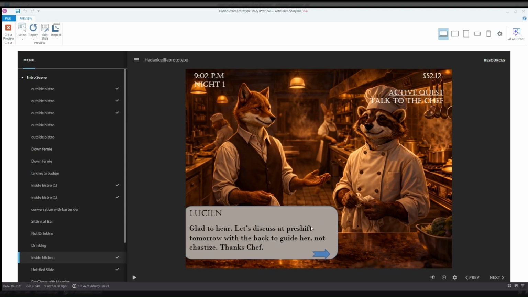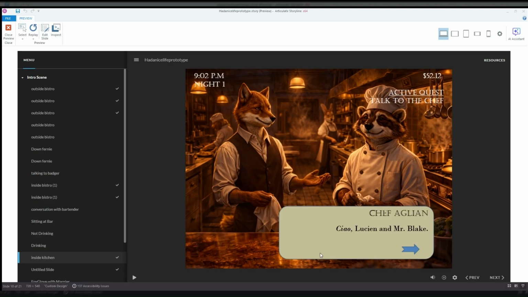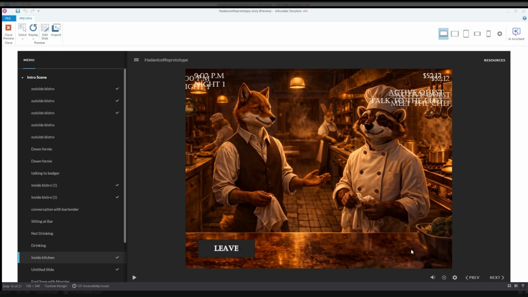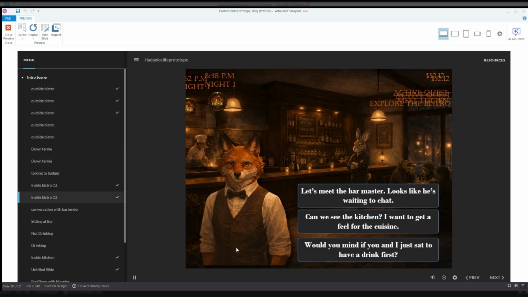As we observe the dialogue, it's another learning experience, reading about the introduction to the chef, and that a new hire had been mistreated at work, and also mentioning pre-shift. So hopefully that'll come to light as another learning experience for the player on night two. As we leave, we go back to the start of the bistro to explore our other options.